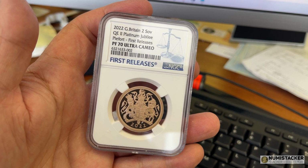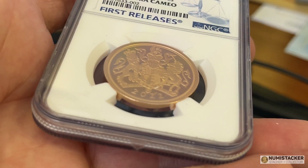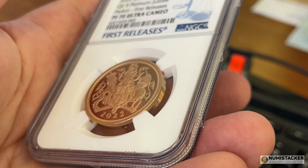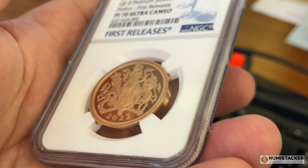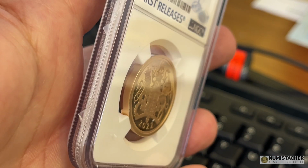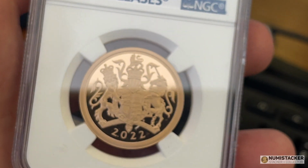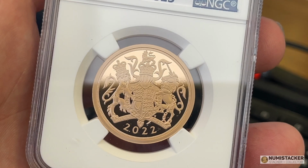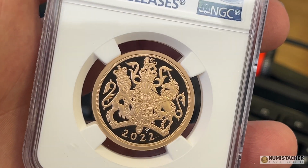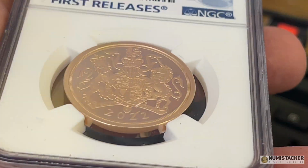This is the 2022 Sovereign, but you can see this one is very different. Two differences. One of them, it has a plain edge. Secondly, it's a pied fort, so it's twice as thick as the regular coin. There were 70 of these coins only minted, 70 of each denomination in a set. And I think these are absolutely amazing, and very, very desirable, very difficult to get hold of, quite expensive, but